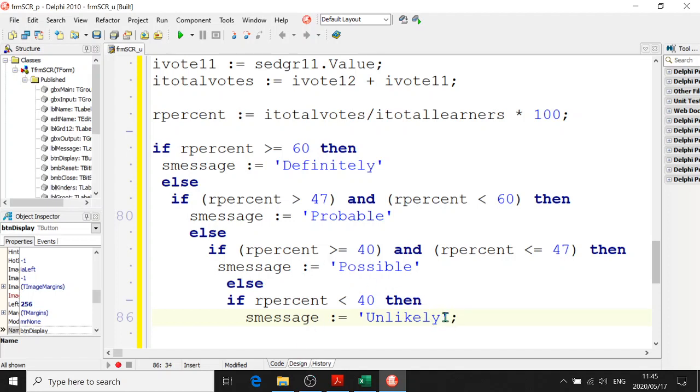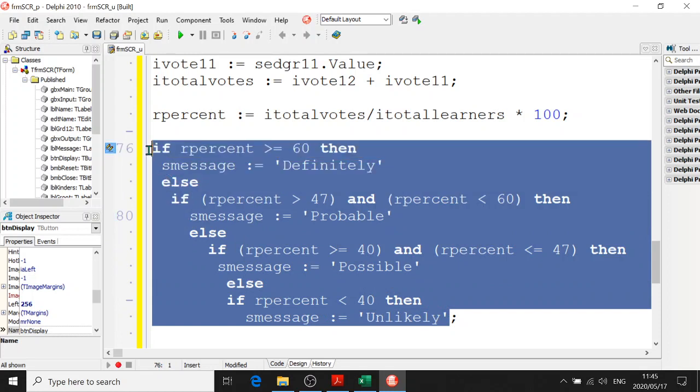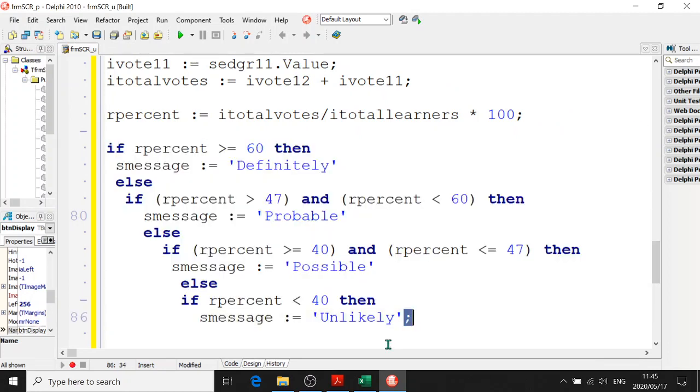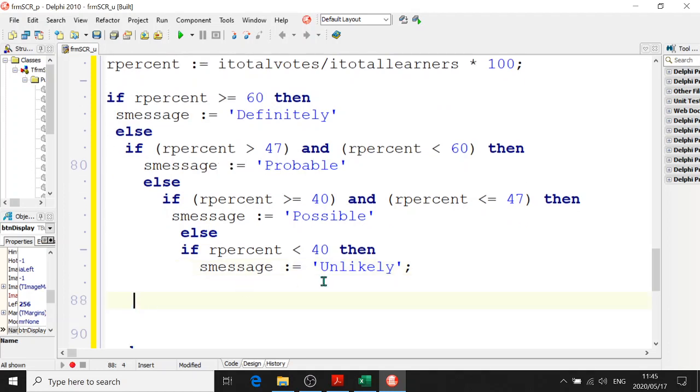And did you know that this whole thing that I'm highlighting here is one long statement? Just that we put it down one underneath the other so that it looks more understandable, but it's actually one long statement. It can be written in one single long line right across. And why? Because there's a semicolon at the end of that statement. If then else, if then else, if then else, if then that. That's one long statement. No semicolon before else's. And each time we're setting a variable called SMessage to be that. And at the end of all of that, we're now going to go and display in our label